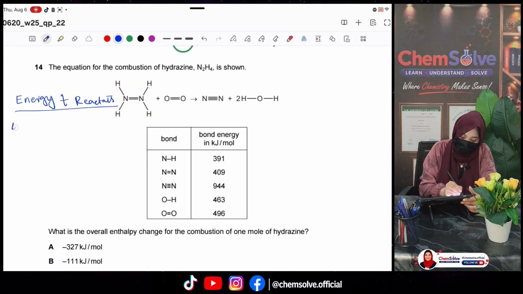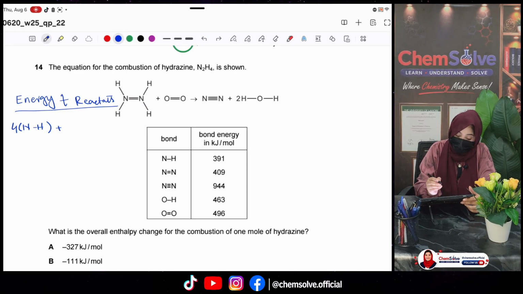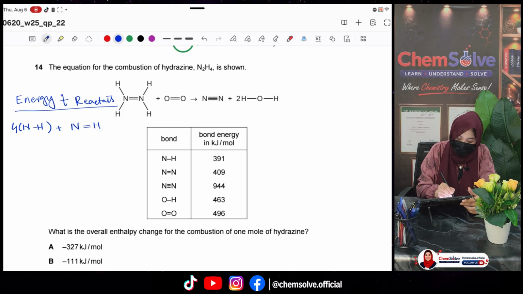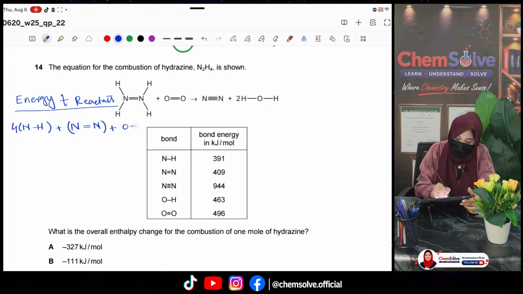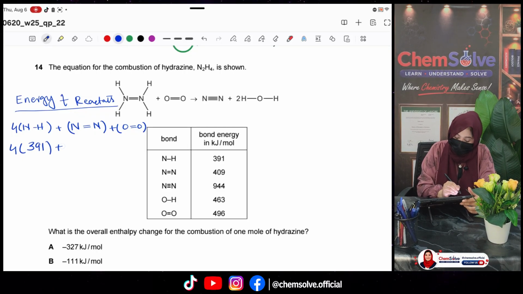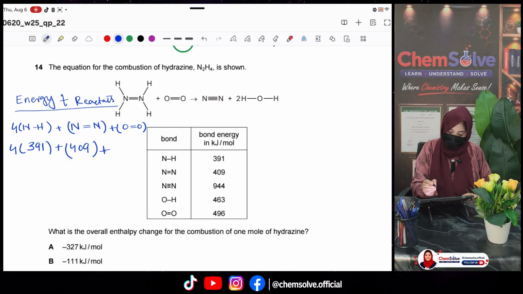So here are 4 N-H bonds, and there is one N double bond N, and one O double bond O. The energy for N-H bond is 391, the energy for N double bond N is 409, and for oxygen it is